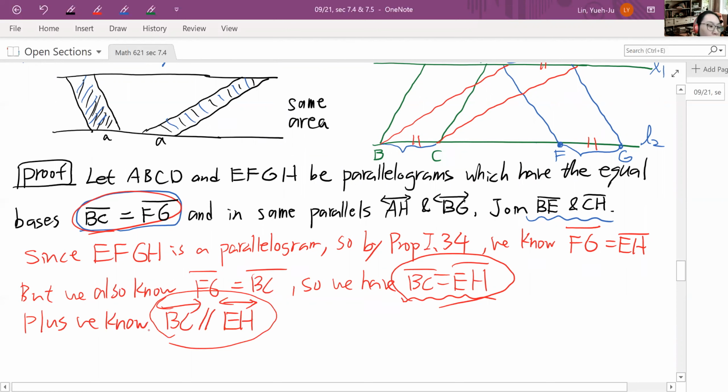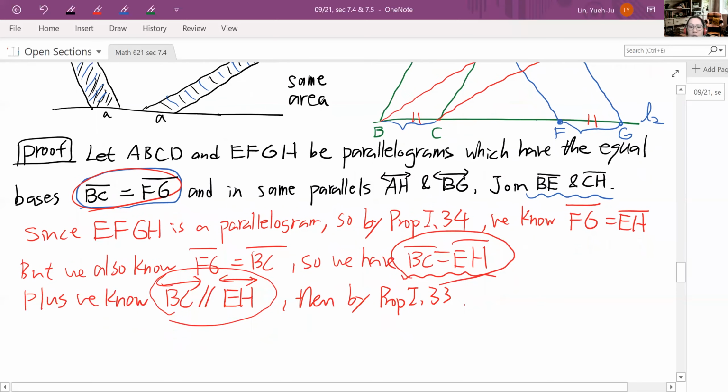Then we can go back to the proposition that I talked about last Wednesday, which is 1.33. What's 1.33? Remember, if you have a quadrilateral where one opposite pair is parallel and also equal to each other, then the other opposite pair should also be equal and parallel. So by proposition 1.33,